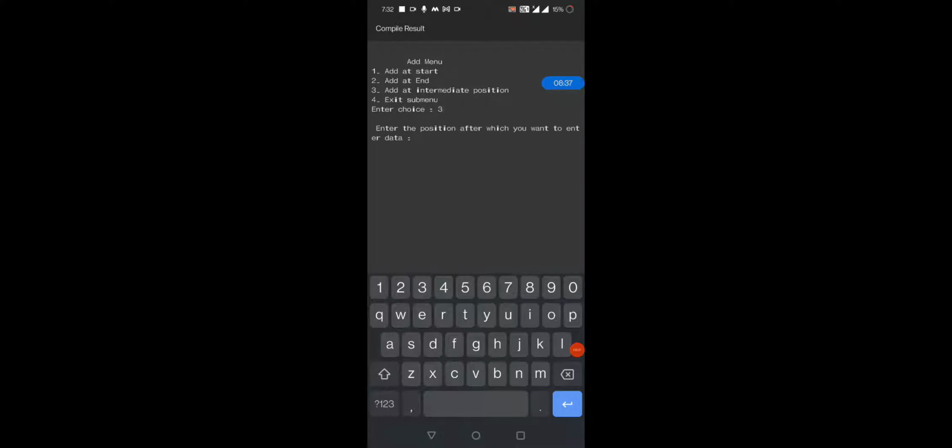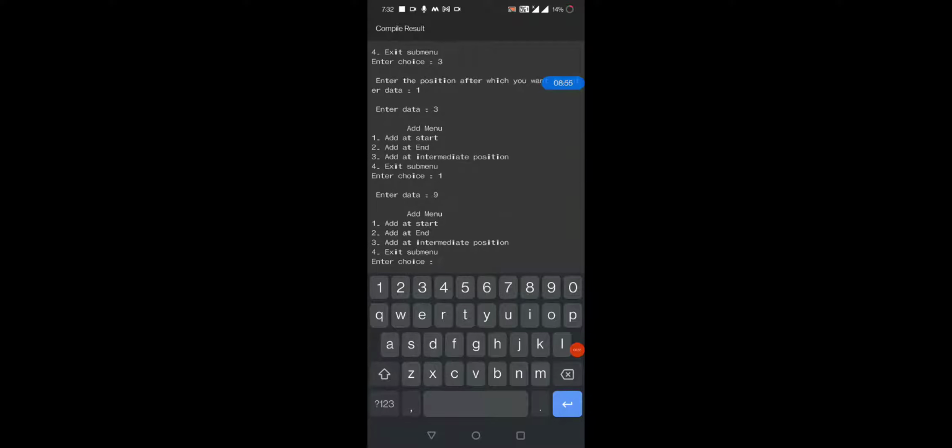As I am saying add at intermediate position, it is asking enter the position after which you want to enter the data. I am saying 1, so it is 3. Now I want to add the data at 1, so it is 9. And now I want to exit the sub menu.